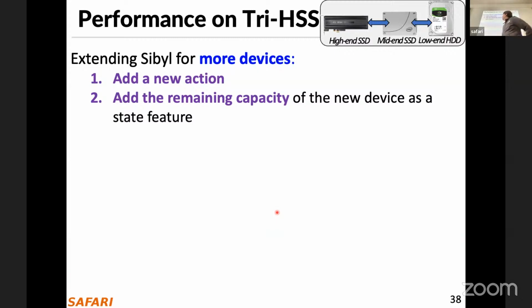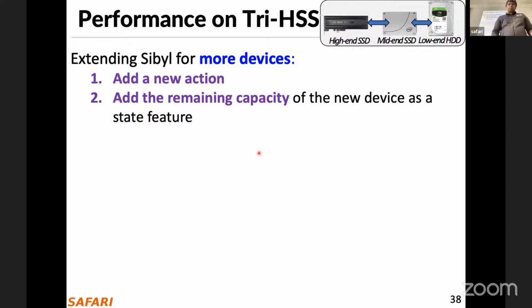So we then look at the performance of Sibyl on a tri-hybrid storage system. Here, Sibyl was extended to 3 devices. And how did we do that? We added a new action to the RL agent, which means that we need to add another node in the output layer. And we also need to add the remaining capacity of the new device as a state feature. So these are the two things that we need to add for extending the policy for two devices to 3